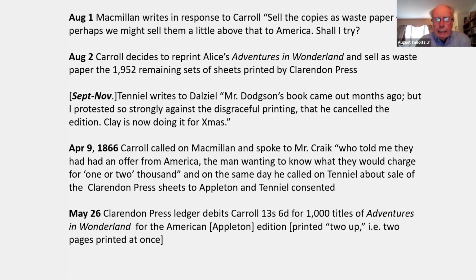April 9th, 1866, Carroll called on Macmillan and spoke to Mr. Craig, who told me, the author, they had an offer from America, the man wanting to know what they would charge for 1,000 or 2,000. And on the same day, he called on Tenniel about the sale of the Clarendon Press sheets to Appleton, and Tenniel consented. On May 26th, Clarendon Press Ledger debits Carroll 13 shillings 6 for 1,000 titles of Alice's Adventures